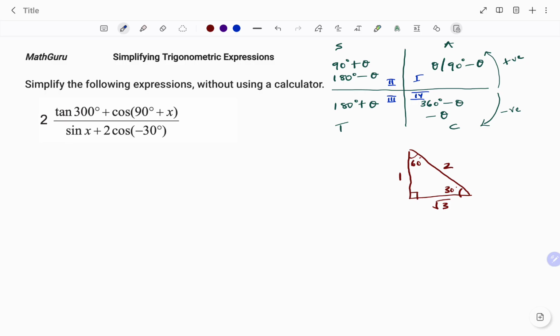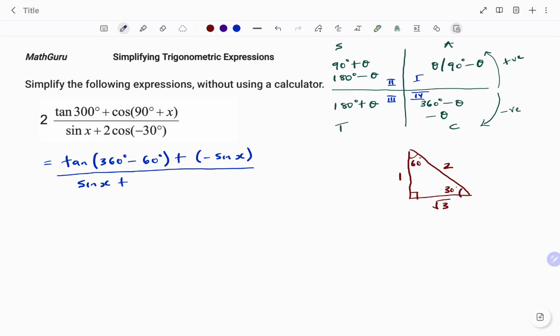So therefore I'm going to rewrite that as tan of (360 degrees minus, I need a value that if I subtract, I'm going to get 300 degrees. In this case, that's 60 degrees). Then I have my plus cos of 90 plus x. 90 plus x, that falls in the second quadrant. And using my CO rule, or my co-function rule for cosine and sine, that is going to be negative sine of x divided by, I have sine of x